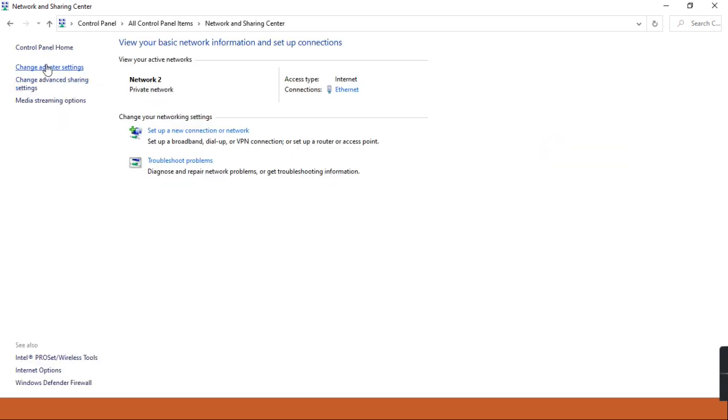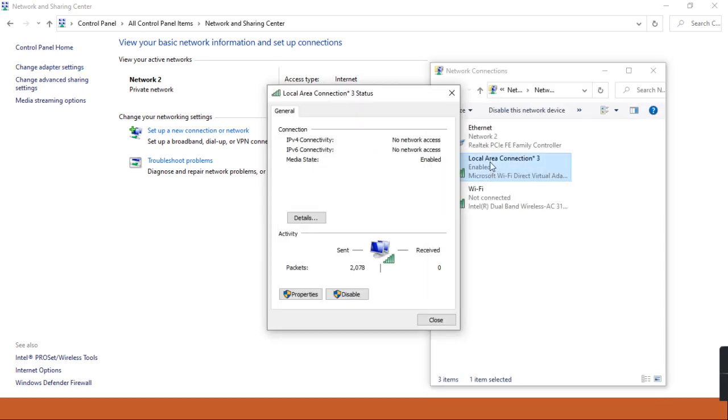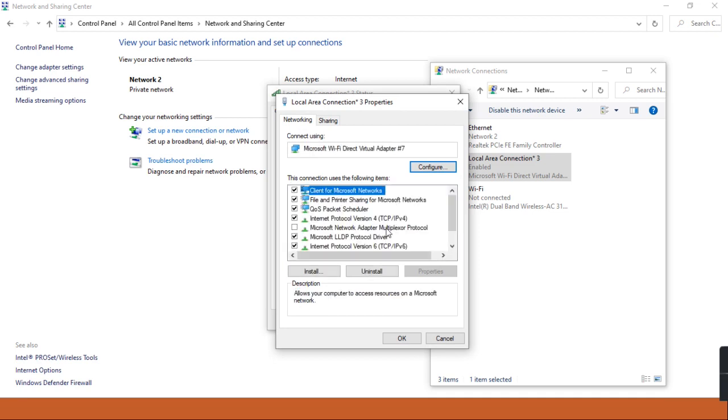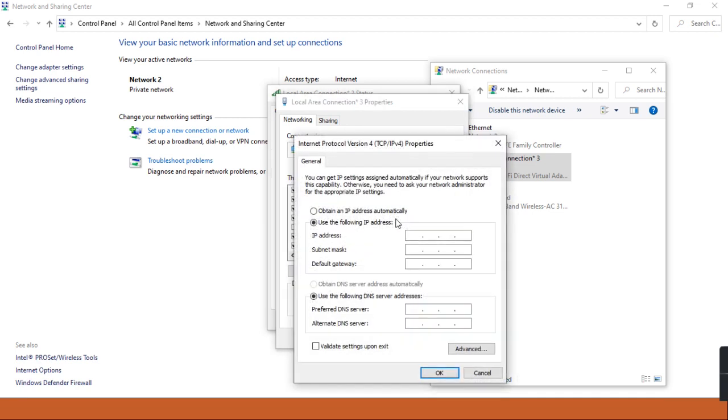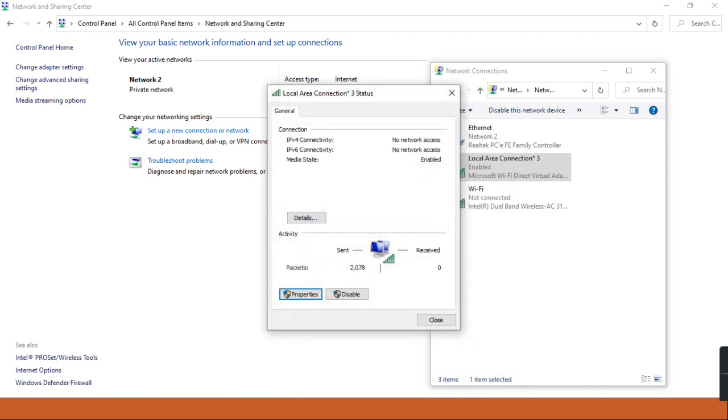Here, then change adapter settings, then local area connection, go to properties, then IPv4 properties, and set the DNS server name and validity and OK. That I have already given, which is why I'm not changing anything here.